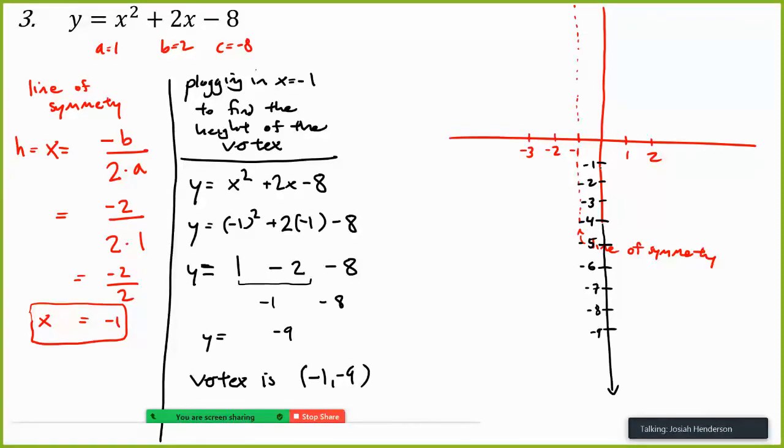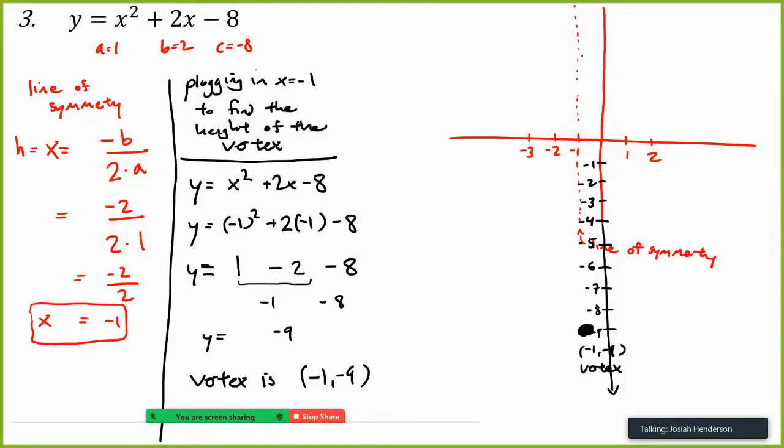All right, so now at this point we know the vertex, and let's graph it. I'll make it nice and big so you can see it, hopefully. All right, now we just do the neighborhood. We're going to plug in numbers in the neighborhood. So let's do,